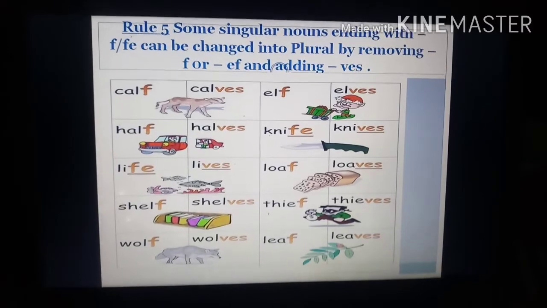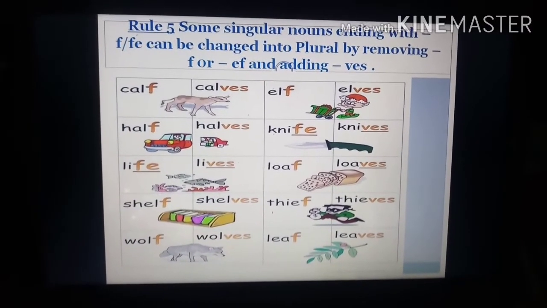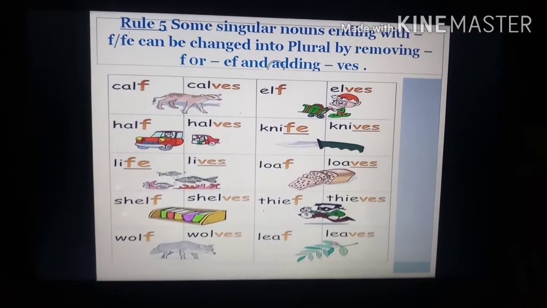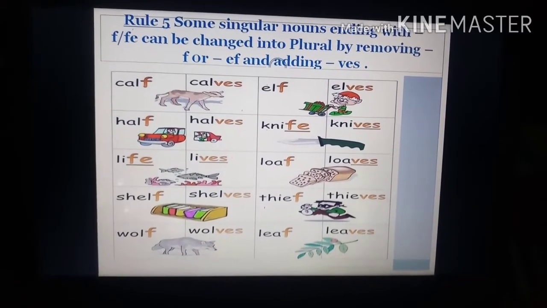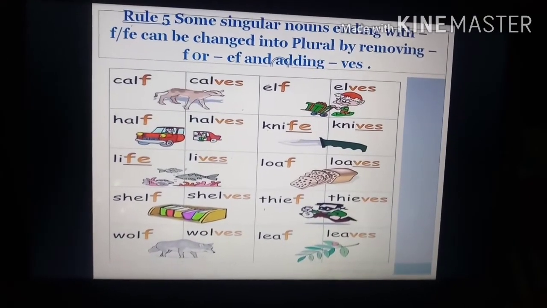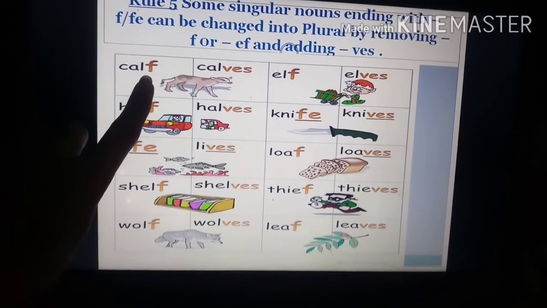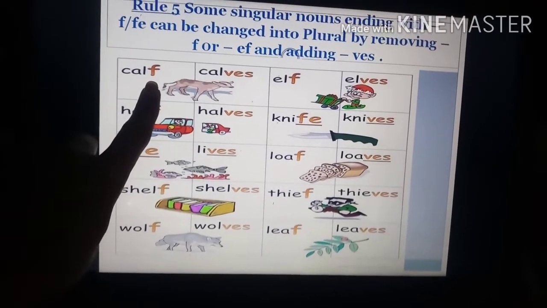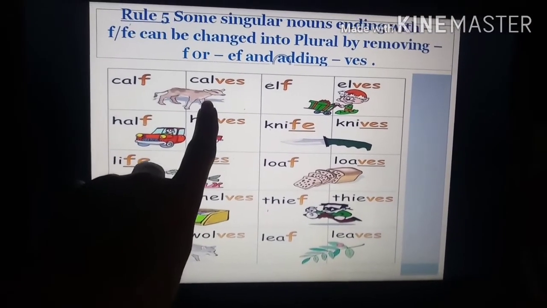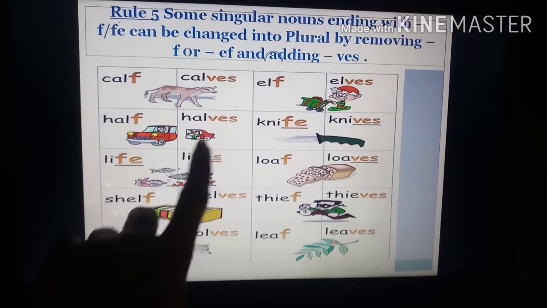Last, the fifth rule. It says some singular nouns ending with F or FE can be changed into plural by removing F or FE and adding VES. As you can see in the picture, calf, we will remove this F and add VES. Then it will be calves. Half, halves, and